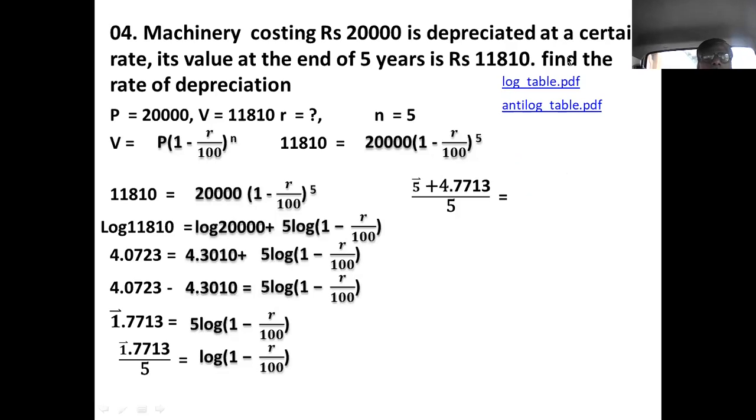How to divide it? You see here. Here is the 5. Here the divisor is 5. In the numerator, Mantissa is positive. Then characteristic is negative. Bar 1 means negative. And characteristic is negative, Mantissa is positive. So plus and minus, it is not possible to divide. Remember, when there is one plus and one minus, you cannot divide. It is not possible to divide, so you have to make modification.